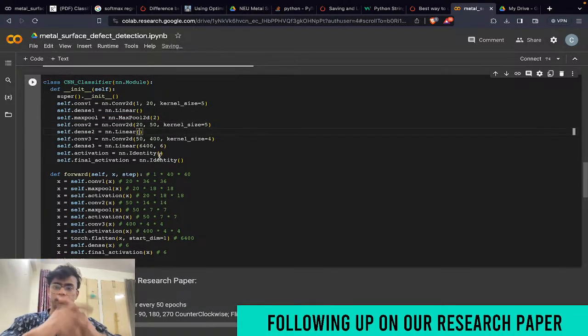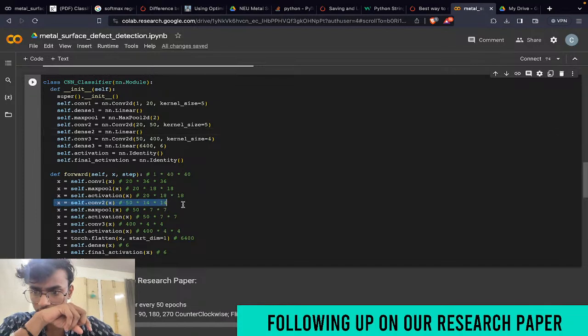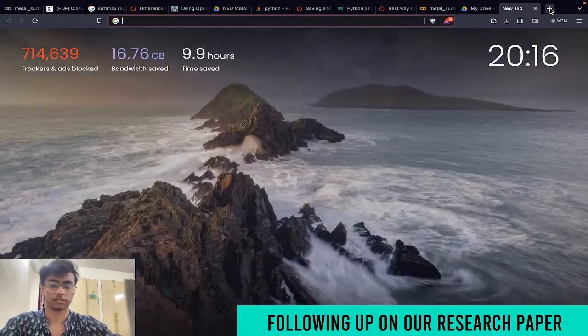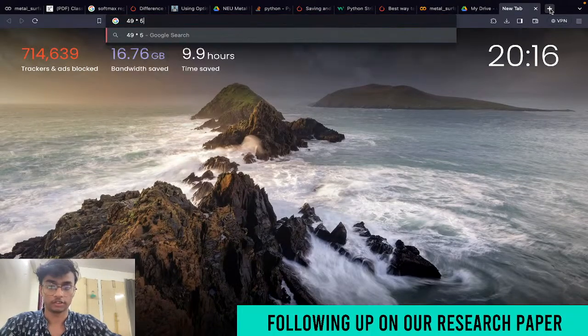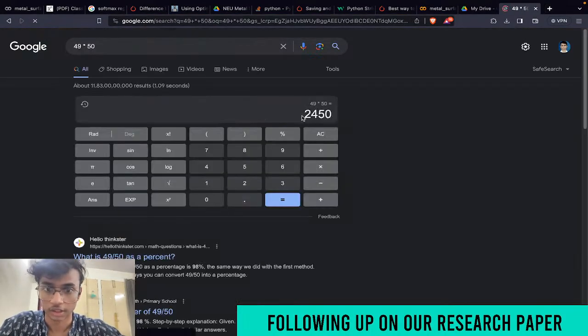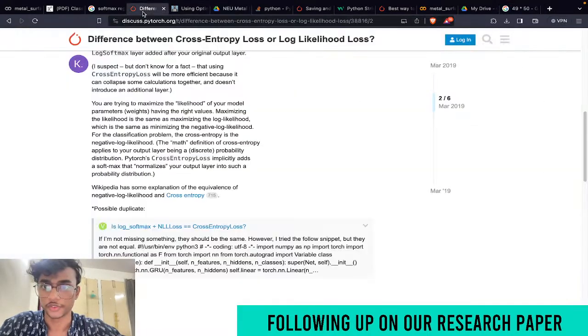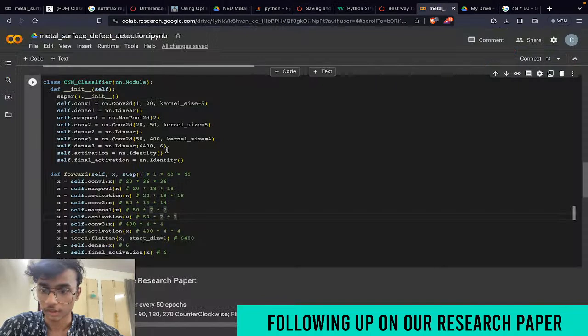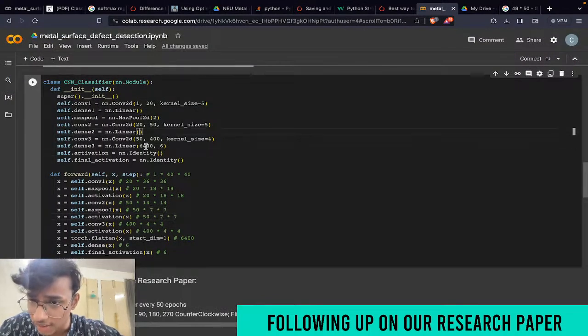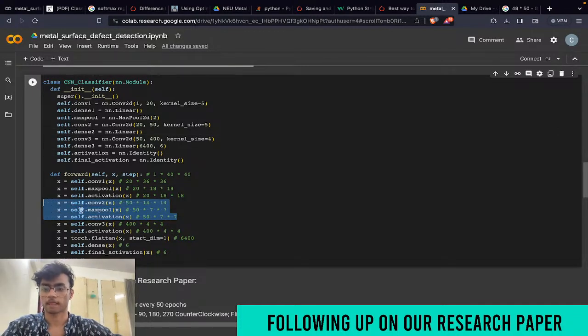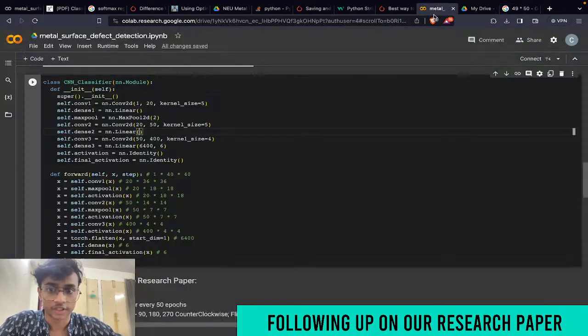So after the second convolution layer and max pooling and activation, we have 50 cross 7 cross 7, that would be 50 into 7 into 7, which is 2450. So we'll have 2450 elements here for the second one, right? 50 into 7 into 7 is for the second one. So for the dense 2, we'll write 2450